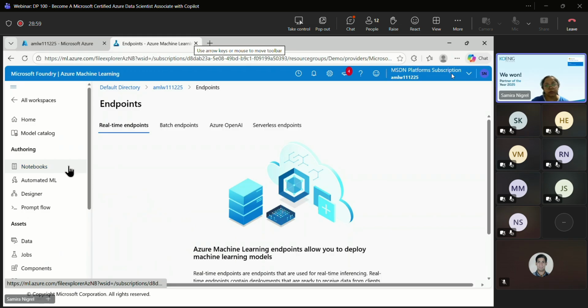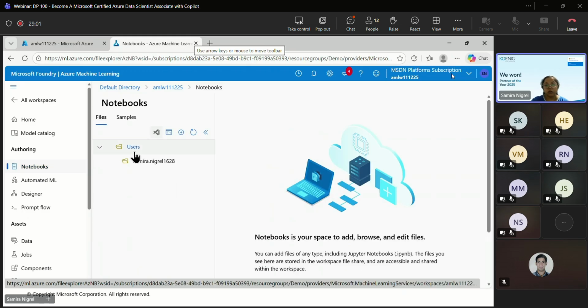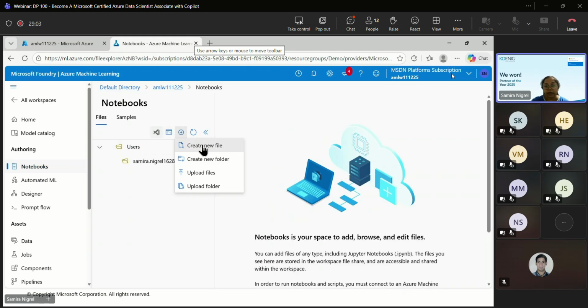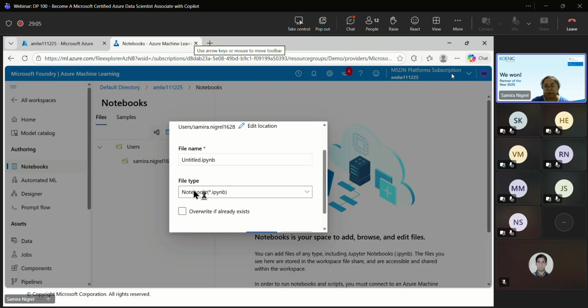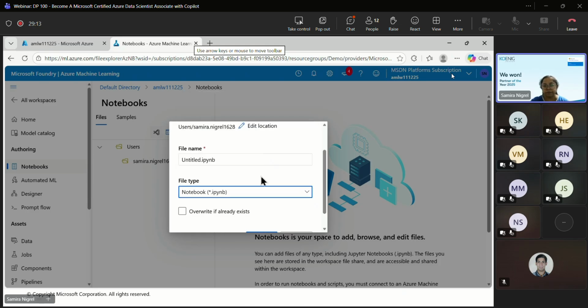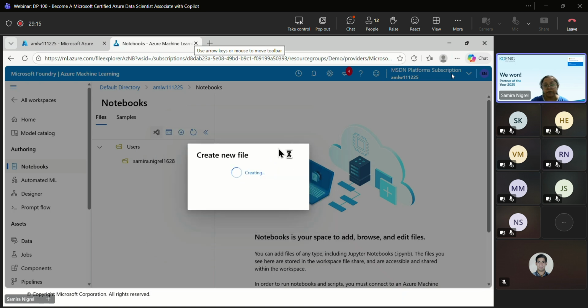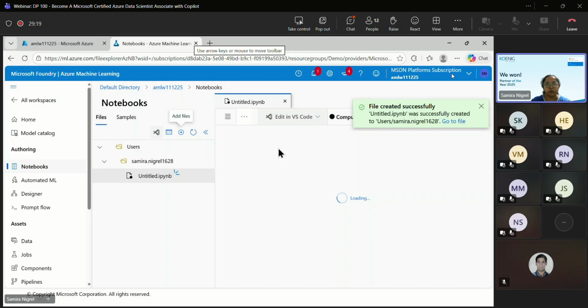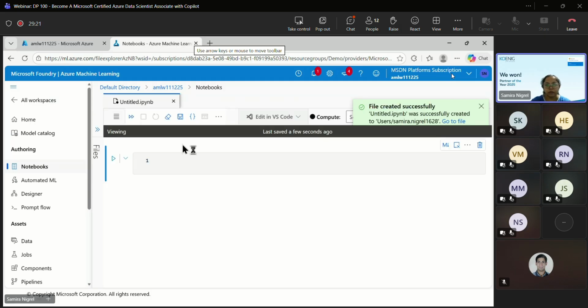Now let's look at the notebook. In a notebook, you can create a Python file, a Python notebook, R, bash, and various other options. Let's just create one.